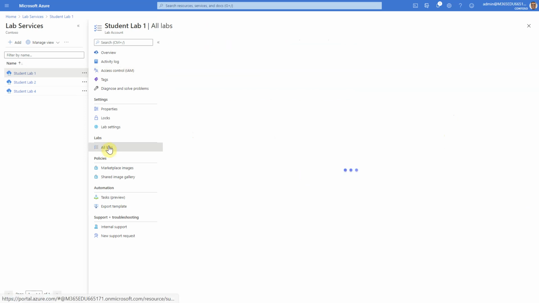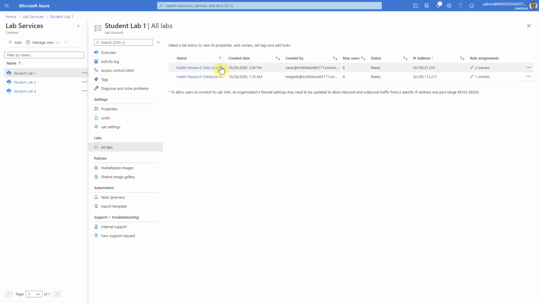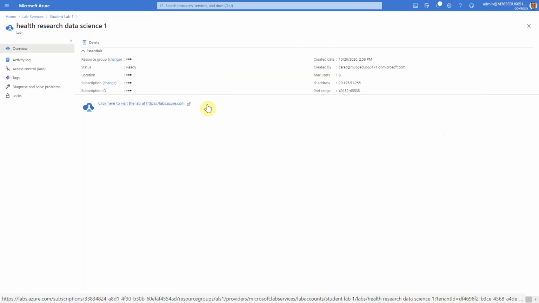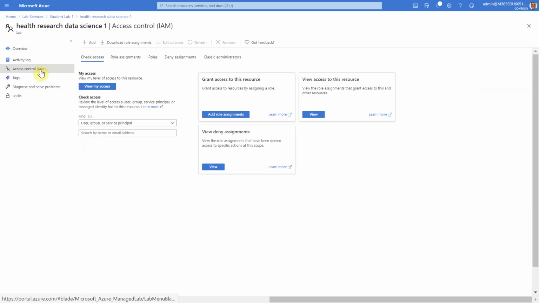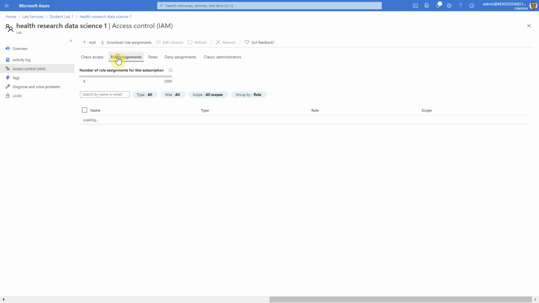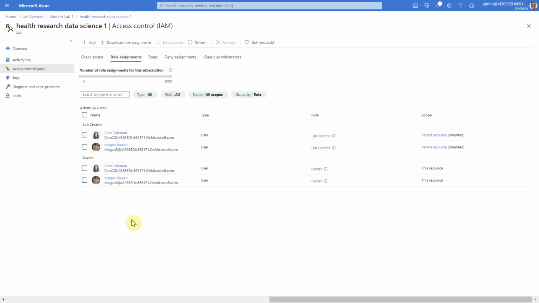Let's go back to all labs and step into the data science lab. Let's take a look at IAM and currently assigned roles. Notice there are 2 faculty assigned as owners and lab creators. This is to help in dividing the workload for large classes.